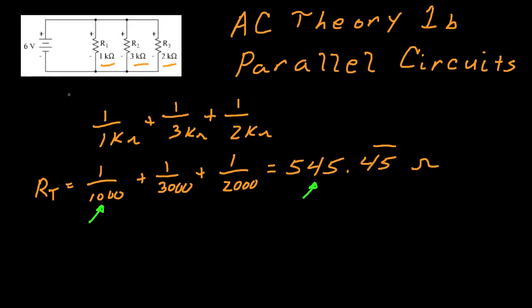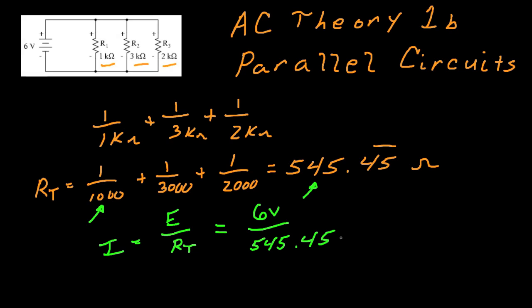Okay, so now what we need to do is use Ohm's law again. We're trying to find current again. Just like our last circuit, we were given voltage and we have to find current. So we take the voltage and we're going to use total resistance divided into the voltage. So the voltage is 6 volts. We're going to divide that by 545.45 ohms, and we're going to get